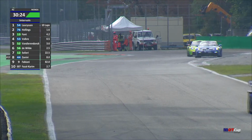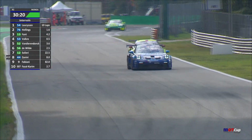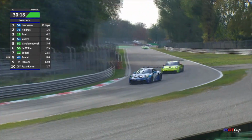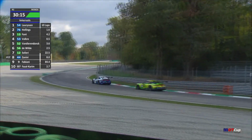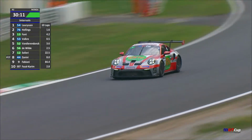Font with Valkyrie right behind him. Gee, the Porsches really like the ripple strips here at Monza. There is Van Dierendonck in the background, John de Wilde behind him in the sunshine as they go through Lesmo 1 and 2. Glauco Solieri